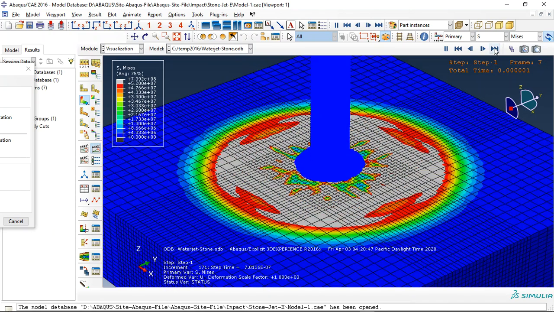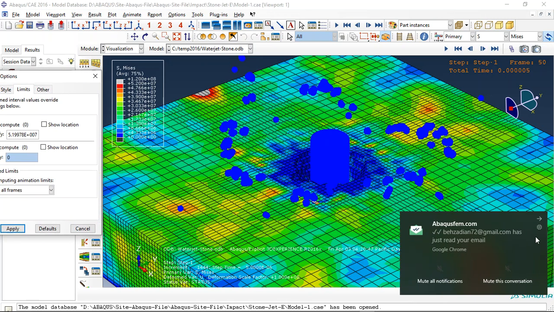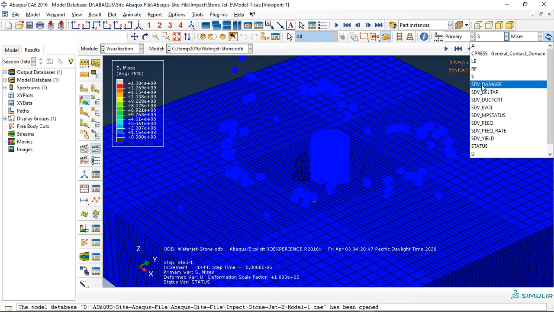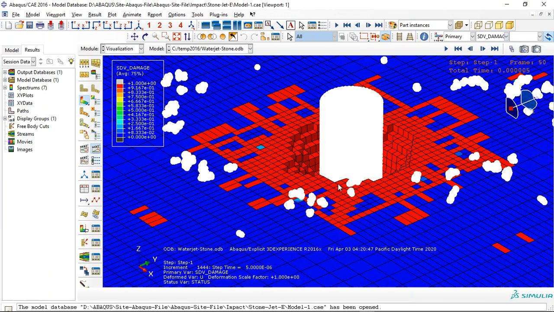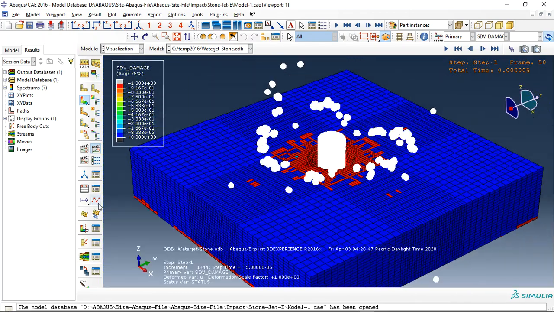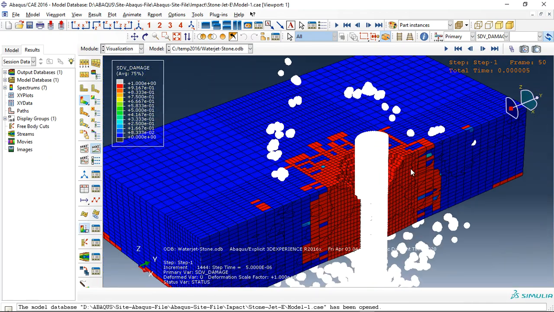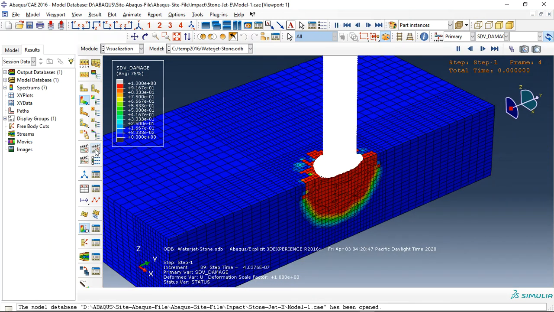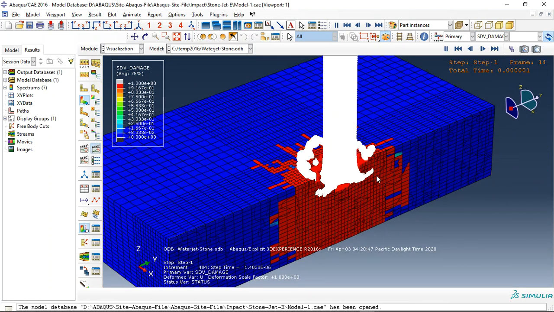See that? Okay, and now let me click on here to observe the damage. See, this is the damage that happened in the sandstone, and let me check it in this view. Click on animate again, and this is the damage propagation inside the